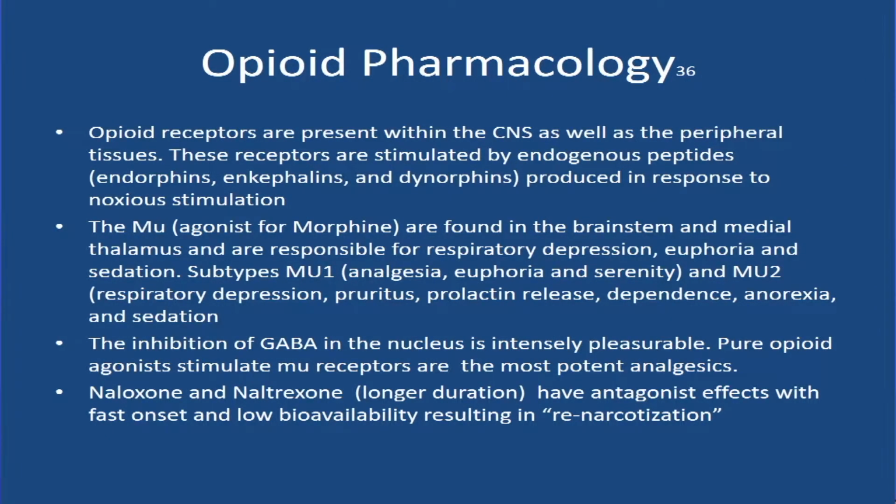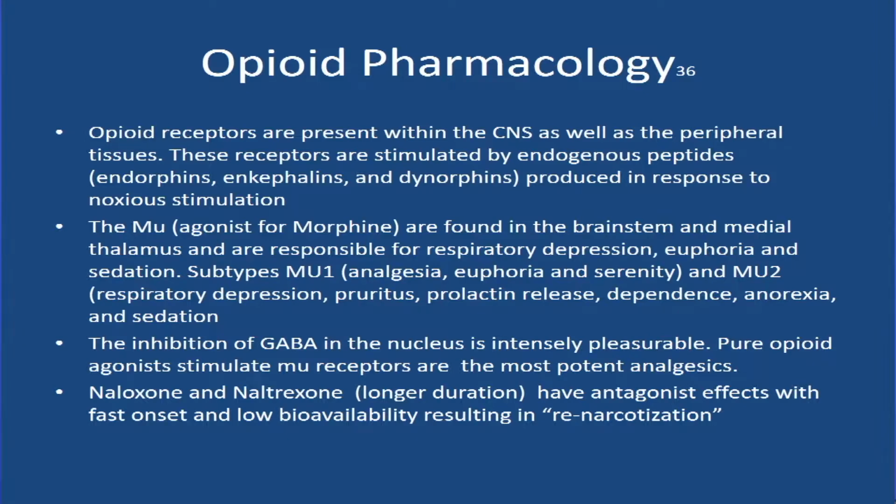Opioid pharmacology. Opioid receptors are present within the CNS, central nervous system, as well as the peripheral tissues. These receptors are stimulated by endogenous peptides, endorphins, enkephalins, and dynorphins, produced in response to noxious stimulation. The mu agonists for morphine are found in the brainstem and medial thalamus and are responsible for respiratory depression, euphoria,